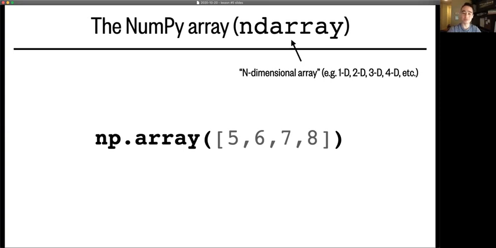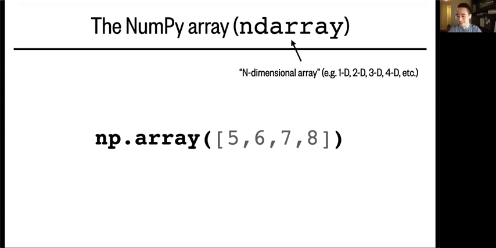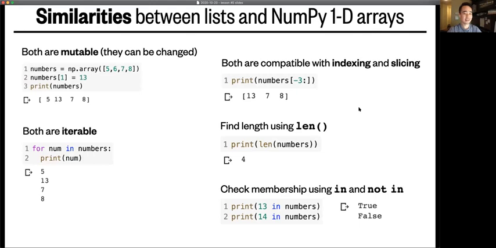So at this point, you're probably wondering, what makes an array different from a list? But in many ways, lists and arrays are not all that different. Both are mutable, meaning that unlike tuples, you can change their values using indexing. So here we're changing the first index of numbers to 13. So instead of 5, 6, 7, 8, we get 5, 13, 7, 8. And both are compatible with the indexing and slicing commands that we learned in lesson 3. So here we're slicing numbers from the third to last value onwards to the end,